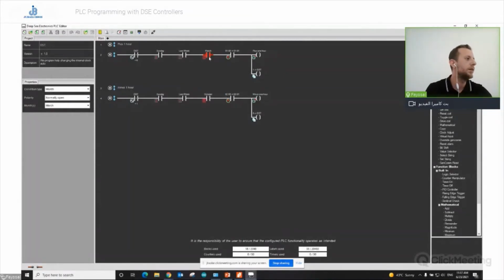So what I've done here is that we drag and drop. I'm gonna do this again just for you to see, guys, how this was built. So I'm gonna come here to day of week. I'm gonna drag it and drop it in my PLC editor. I'll select it. It's a normally open